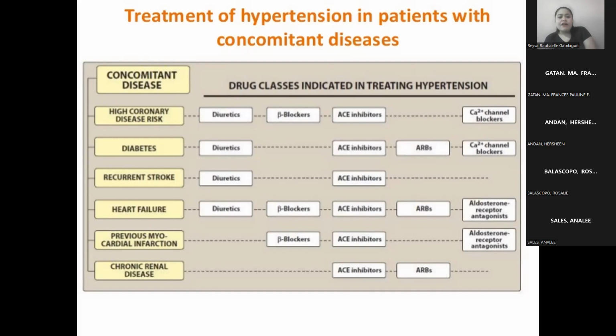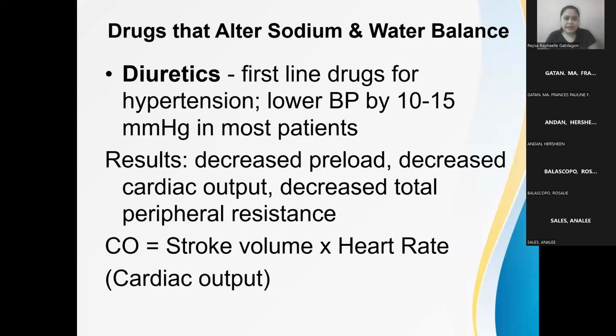And lastly, for patients having hypertension at the same time chronic renal disease, merong kidney failure, we give ACE inhibitors and the ARBs. Other drugs can injure the kidneys also, so we don't really give them to patients with problems sa kanyang kidneys. Okay? So I think dito muna ako mag-i-end.